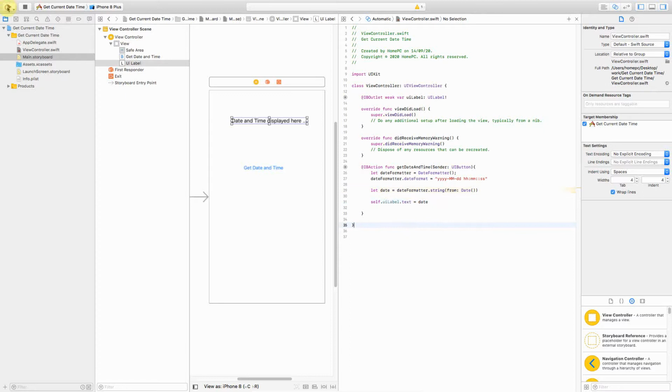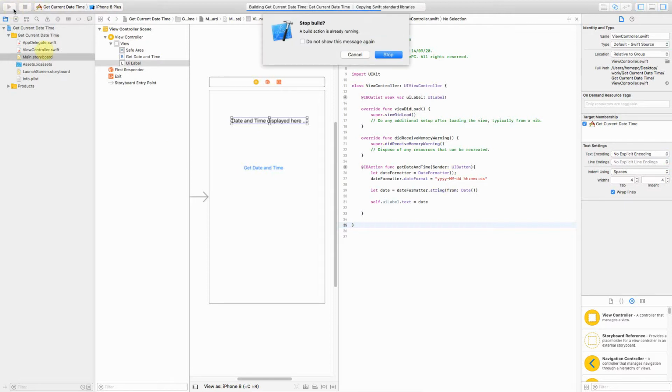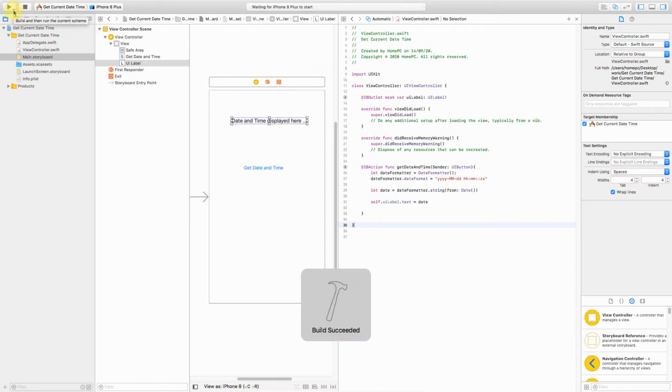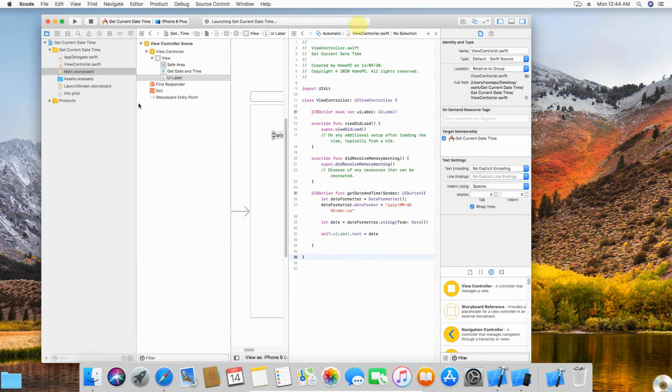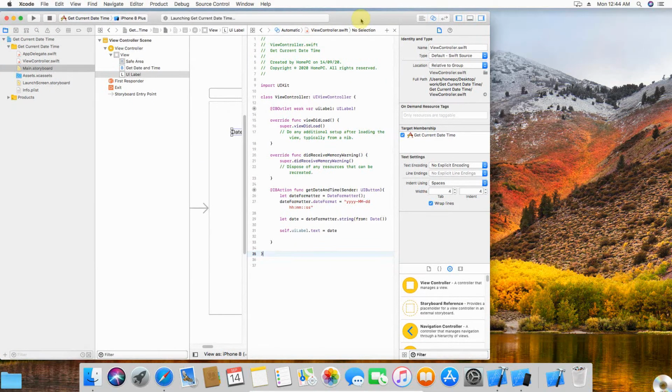That's it. Now we'll run this and see how it comes up in the simulator. It may take a while for our iPhone simulator to come up. Here I'm using iPhone 8 Plus, but you can choose from the various options here. Okay, there was something going on. I pressed it again, but let it open up. Once you click this small arrow here, it will give you a list of simulator options. But I'll go with iPhone 8 Plus for the time being. Okay, I just restore it so that we can see both our simulator and this Xcode window side by side.